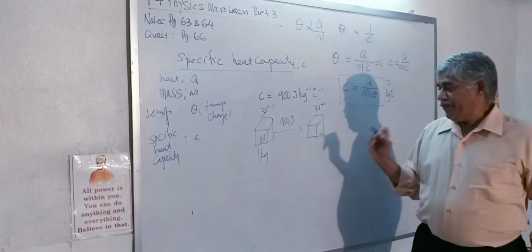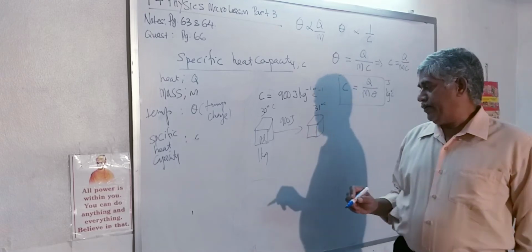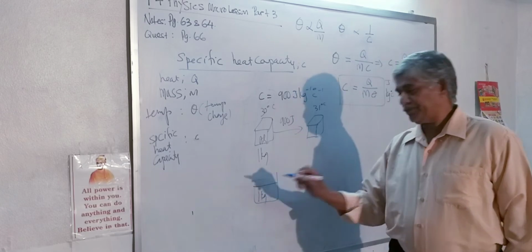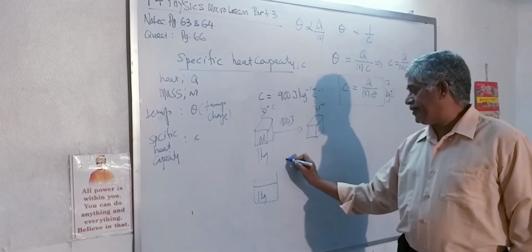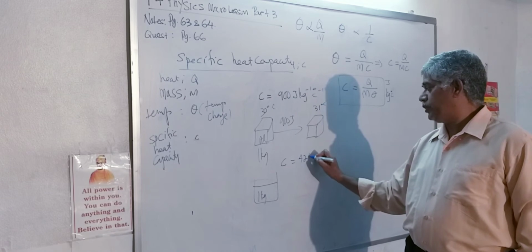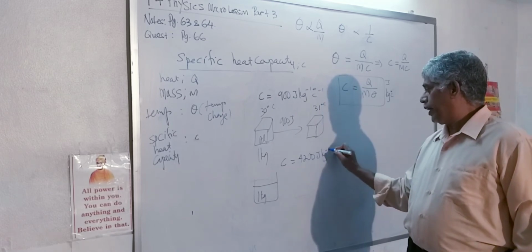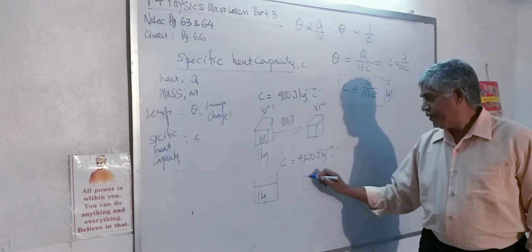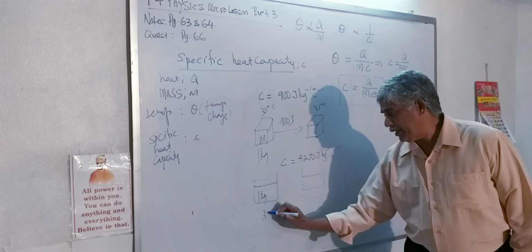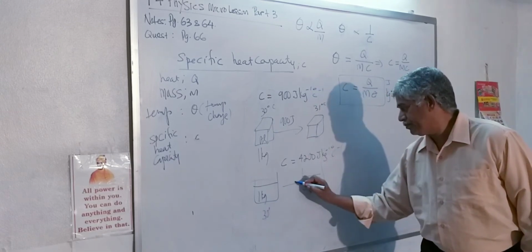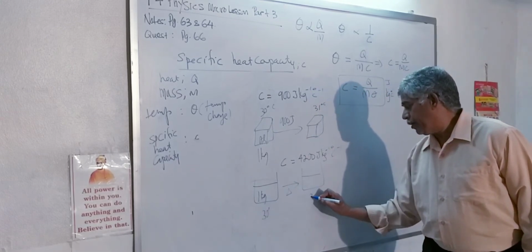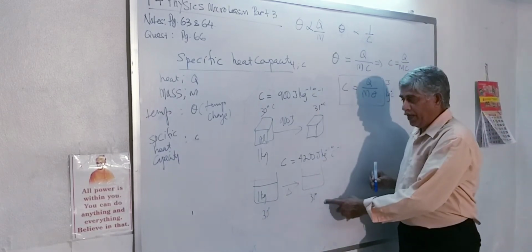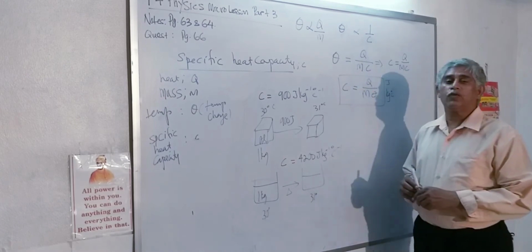Now in the book also, the notes they give you water. Let's say you take 1 kilogram of water. Specific heat capacity of water is given as 4200 joule per kilogram per degree Celsius. This is given. What does it mean? It means to raise 1 degree, let's say water is 30 degrees, now you heat it up to become 31, the water needs to absorb 4200 joule